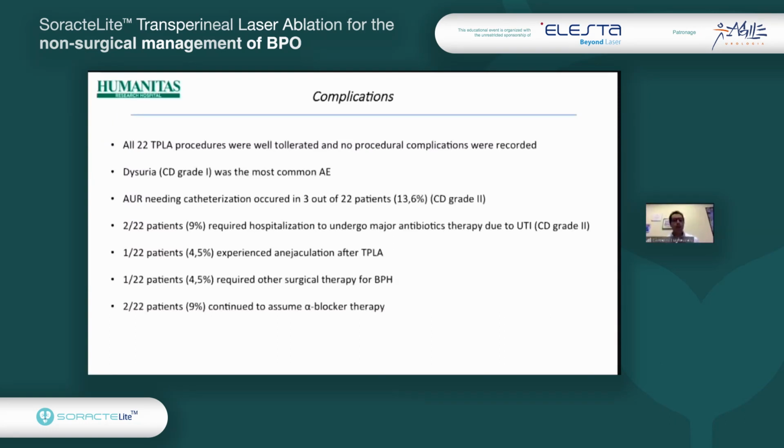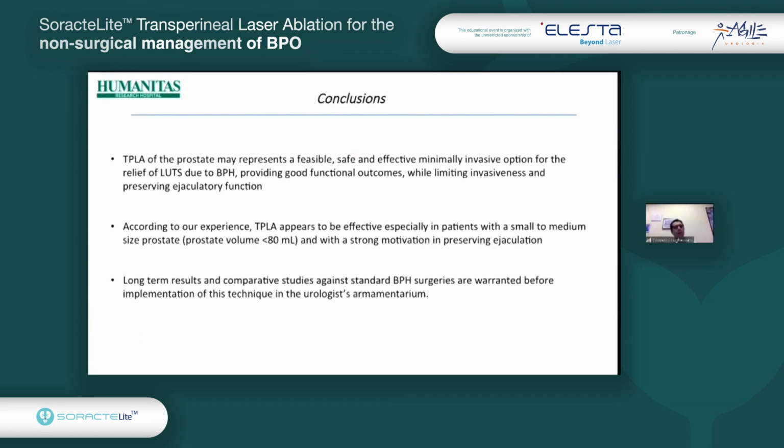The complication rate was quite low. Two patients actually required major antibiotics because of urinary tract infection. And there was just one patient experiencing anejaculation, and that was probably related to the fact that the pullback was done in this case a little bit too aggressively, and probably we did some damage to the seminal colliculus. So at the very end, we can conclude that TPLA may represent indeed a feasible and